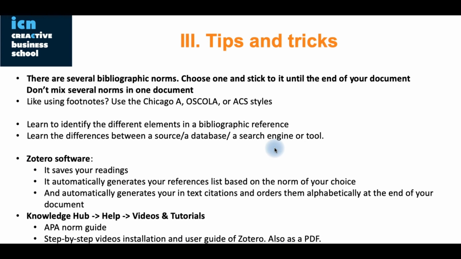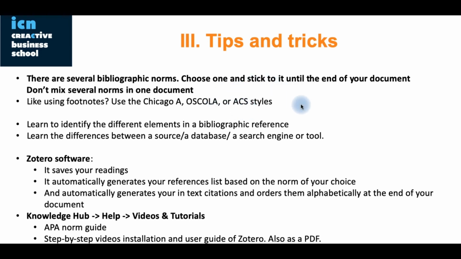Finally, some tips and tricks. There are several bibliographic norms. You need to choose one that you like and stick to it until the end of your documents, because if you start mixing different norms, it will simply be hectic for your reader and you as well to navigate that paper. If you like using footnotes, which is not something that the APA norm recommends, you can use the Chicago style, as well as that style here, Oscola, which was basically created in Oxford to reference legal documents,